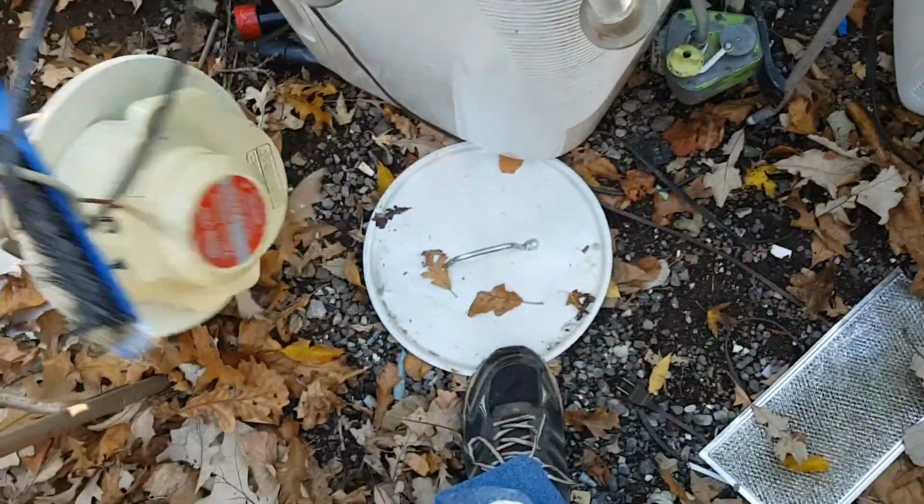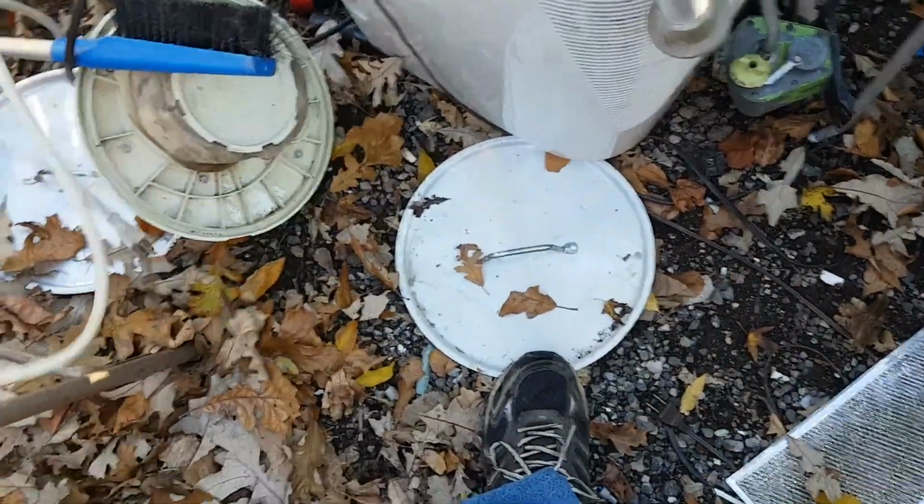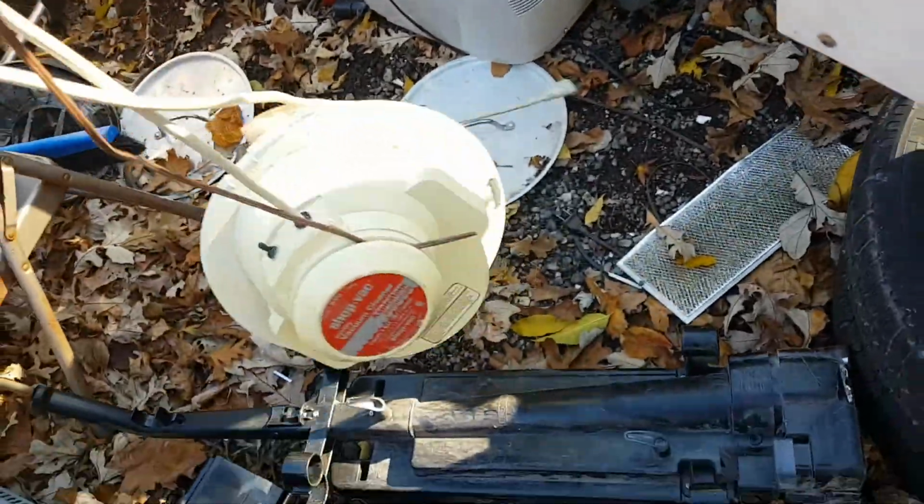Two, three. Oh, this one still has its cord on it. All tangled up in here. Look at that. Stupid thing. Come on. The only reason why that snow brush is there is